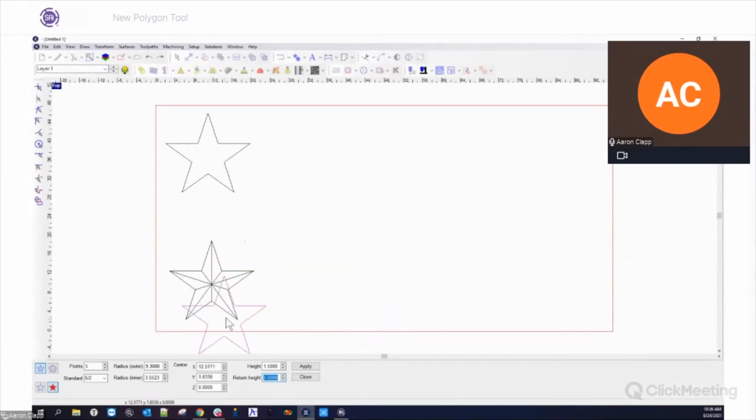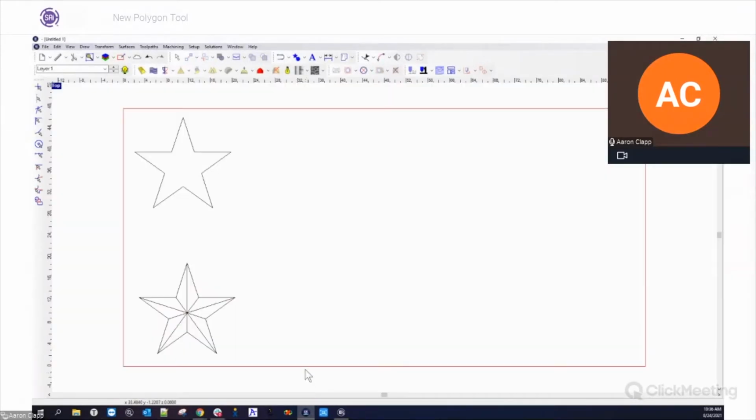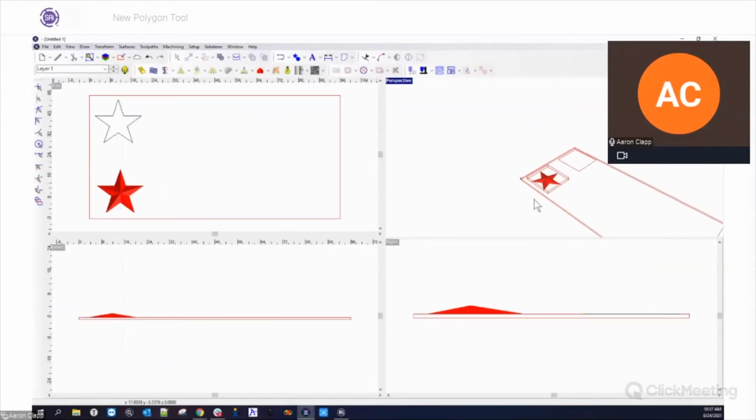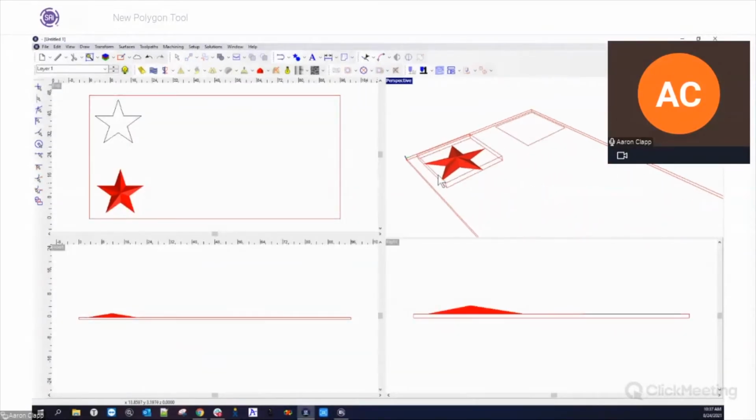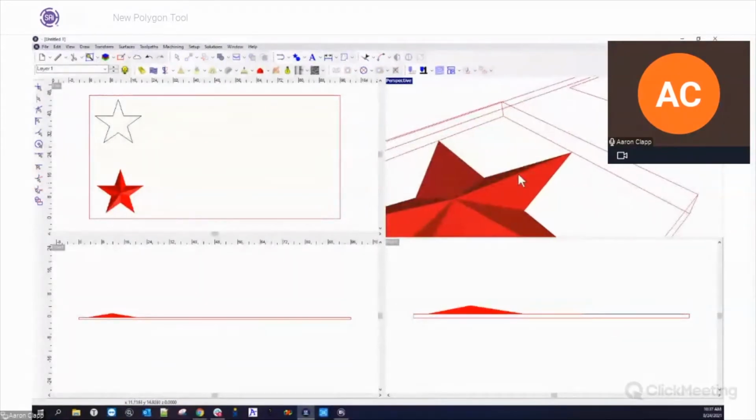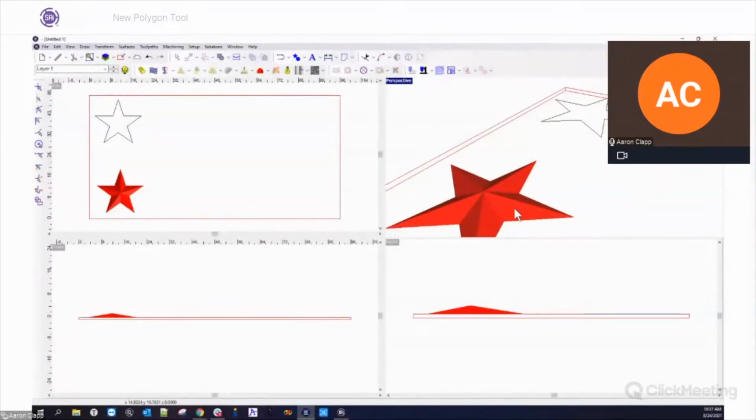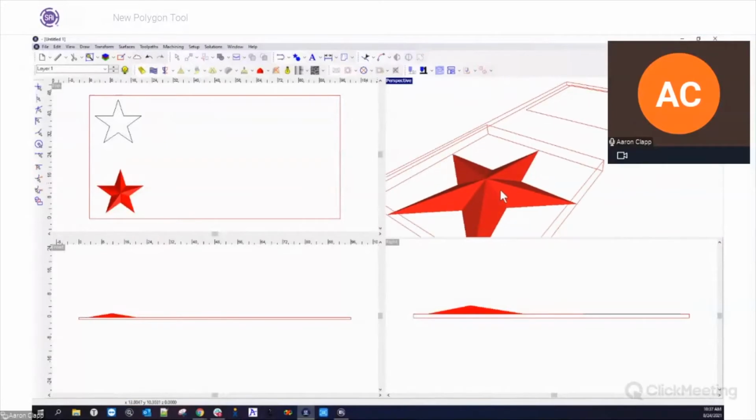And you'll notice that it looks a little bit different than before. So in here, we can see that it's got these extra lines. And if we go to our rendered view, so if you have the Pro version or the subscription complete, you'll be able to look at the 3D. Now we've got a perfect star. And if we look at that from one of the side views, we can see here that we've got a nice perfect star that we can then apply to a relief or something like that,